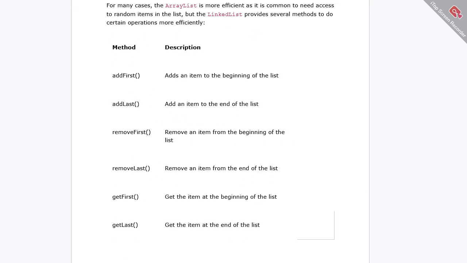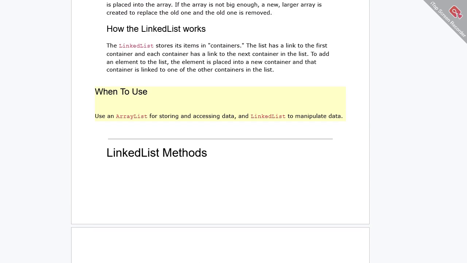So this was a brief discussion on linked list in Java, and we'll be discussing more on